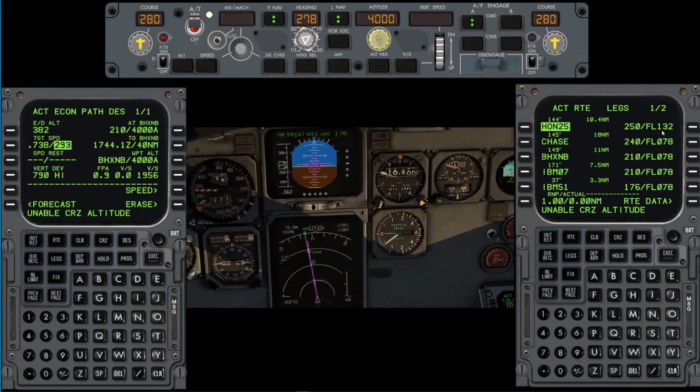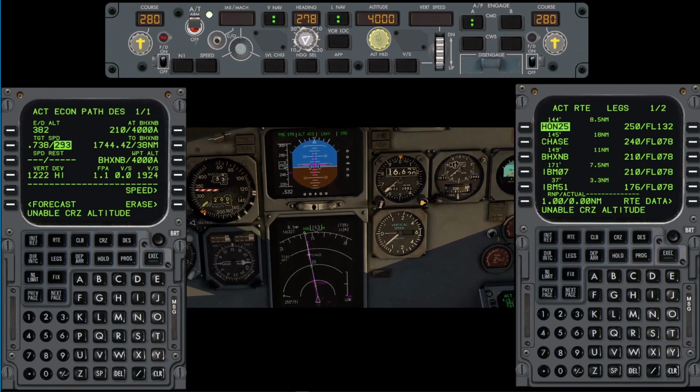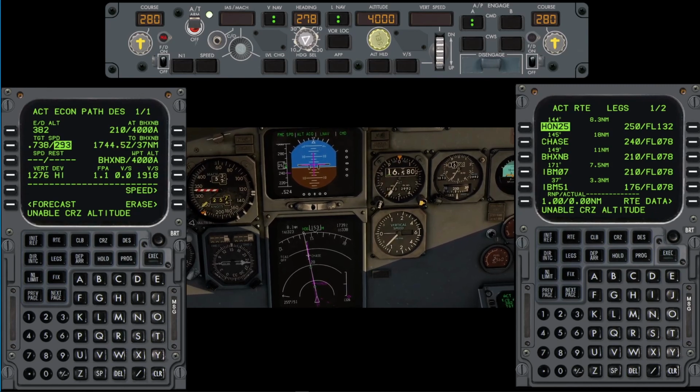We've got about, what have we got, 10 miles to run to that. And we've got 3,000 feet to lose in 10 miles. Well, if it didn't... Oh, okay, I see what it's doing. It's bringing the speed down to 250 knots. 250 knots. And then it should increase the